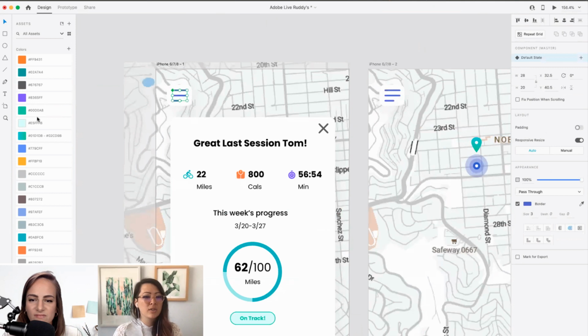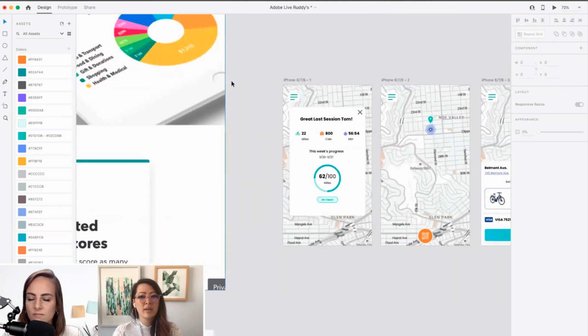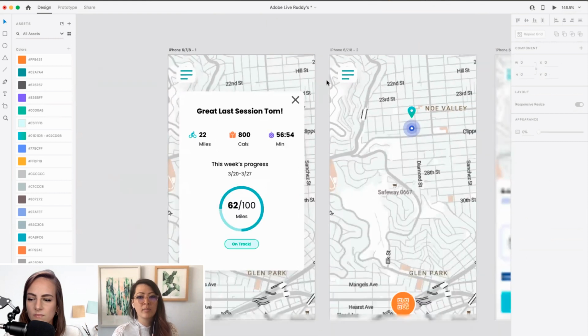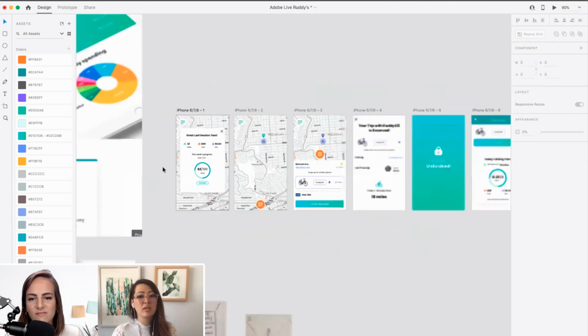So I'm going to change these also to the teal. I like that. So now, because I created this hamburger menu as a component, just changing that color has reflected on all of them, right? So just make sure you have components and character styles and you use colors from the get-go. I know it's tedious. I didn't do it for a very long time. I was so used to fuddling around on the right-hand side of the property inspector. I just didn't want to mess with this new asset panel. But once I started to, it just made my life that much easier later down the road.